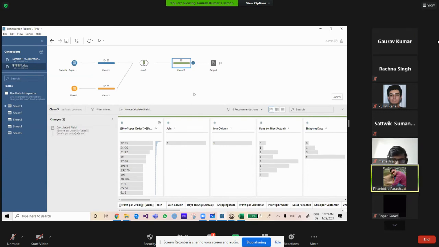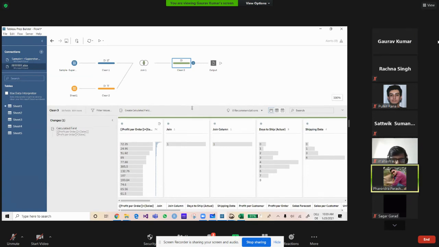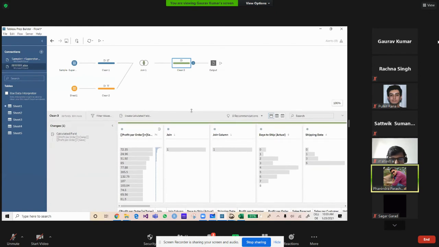Gaurav, one small question. Yeah. For example, the schema that we are making right now, can we save it? Say you are doing all these pre-processing steps with file A. Now if I get new data in file B, but all the columns are the same, can I save the schema and apply it on file B also? Is there any way for that?